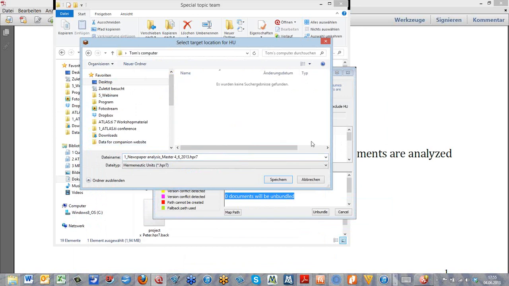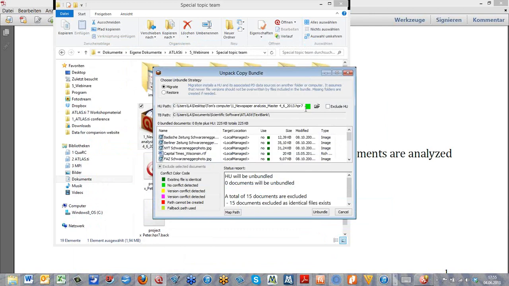So if I click on a different location, now it's all green. It was yellow before because it already recognized I do have the project at this location, and it still recognizes that the documents are in my library, and so it won't unbundle them. And at this stage, of course, I can also,